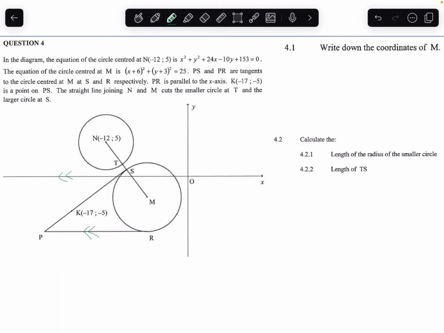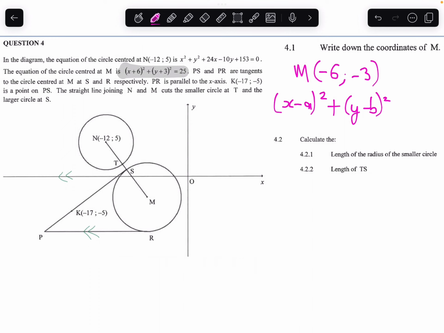They ask us to write down the coordinates of M. So the coordinates of this guy over here, the center of this circle, right? And they did give us the equation of that circle. They gave it to us over here. So we can then see that the coordinates of M are negative 6 and negative 3, right? Because remember, the equation of a